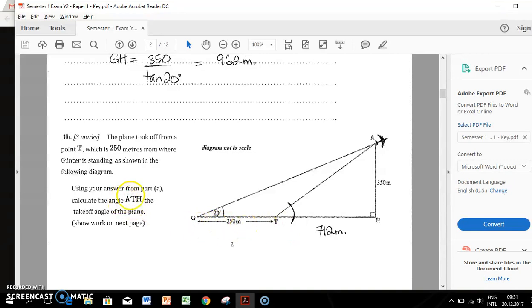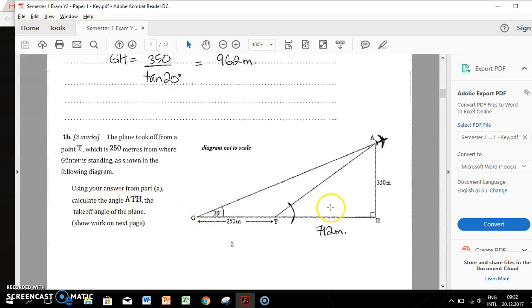All right, using your answer from part A. So it told us directly, explicitly, to use the answer we got. Often in math studies problems, it doesn't say that, but the assumption is that you are always using what you did in the previous part to help you with the new part. So even if it didn't say that, you should always think, how am I going to use what I did before to help me with this? So anyway, it says